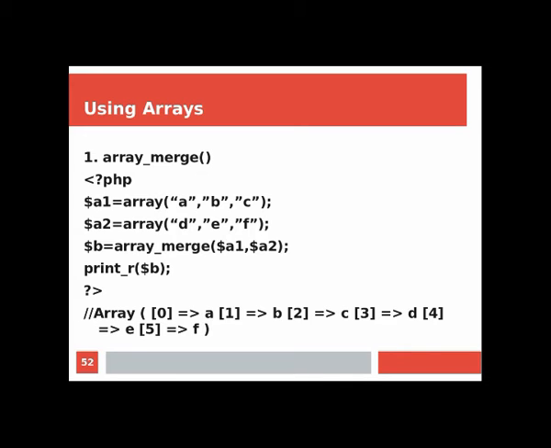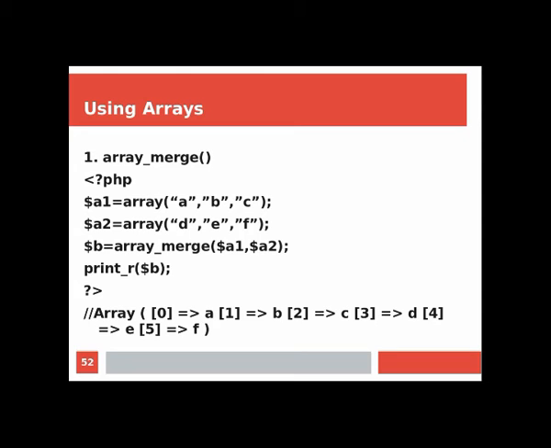And here the syntax is array_merge(input array 1, input array 2), and optionally you can use input array 3 also, with a comma. So we'll see an example here in PHP. $a1 = array("a", "b", "c"); so this is the first input array. Then the second, $a2 = array("d", "e", "f");